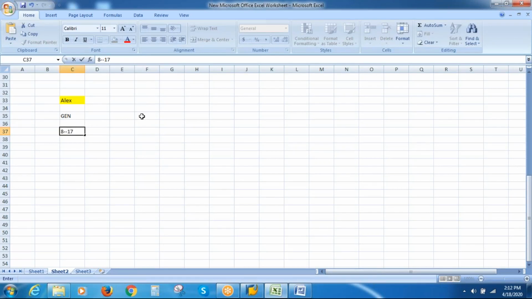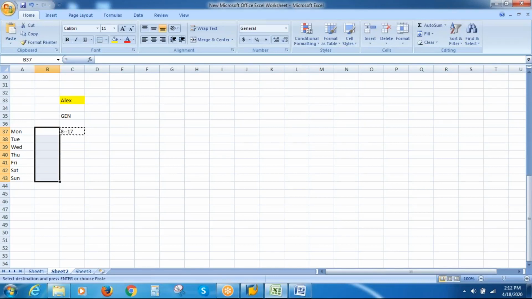This is the schedule that the employee is expected to work on Monday, Tuesday, Wednesday, Thursday, and Friday, and of course we'll also have Saturday and Sunday. Now, this Alex is expected to work from 8 o'clock to 17 hours each and every day as per the work schedule.